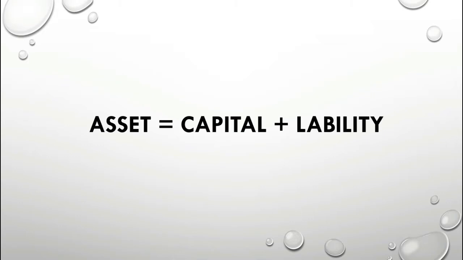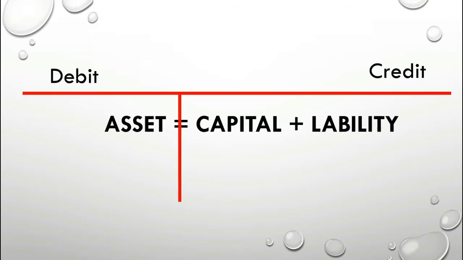So what we have learned and already know is asset is equal to capital plus liability. Now I'm going to explain debit and credit through this equation. Asset is equal to capital plus liability. This is what we know. I'm going to put a T from the equal sign. If I put a T from the equal sign, asset will come towards my left hand side, which means the debit side of the T, and capital and liability will come to my right hand side,